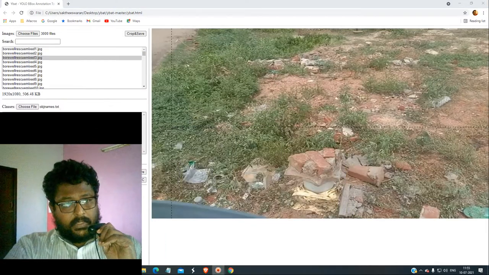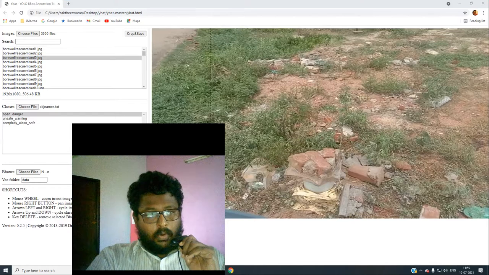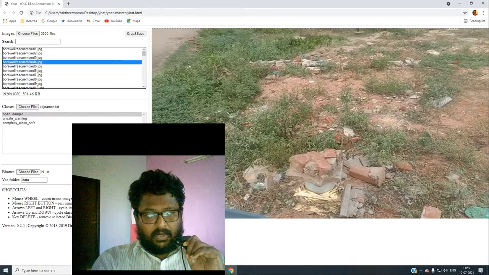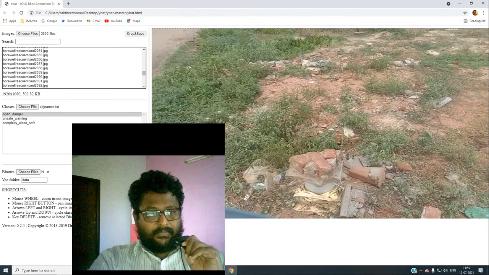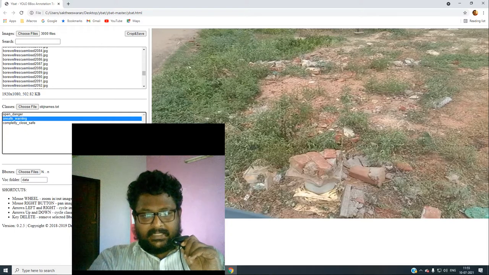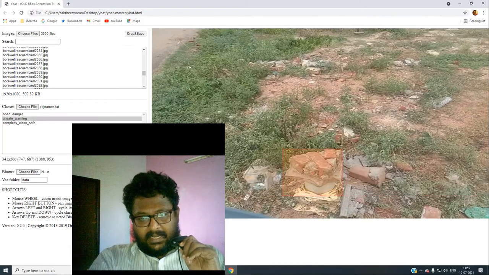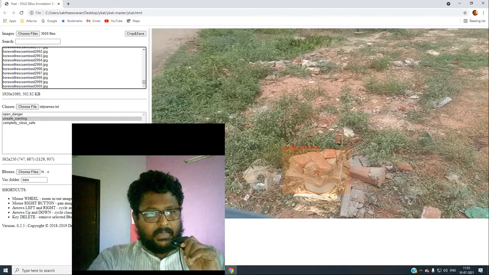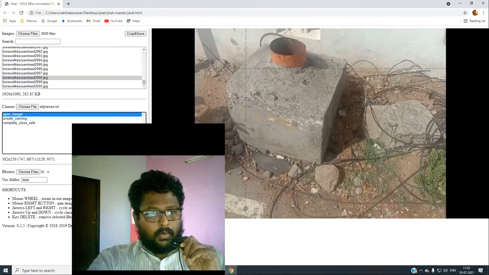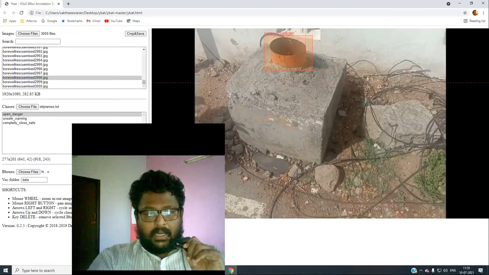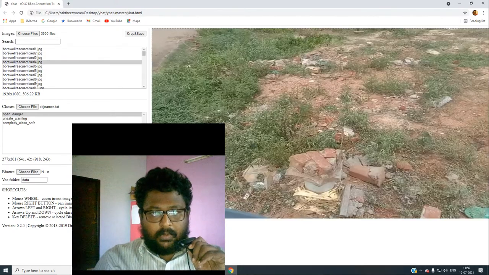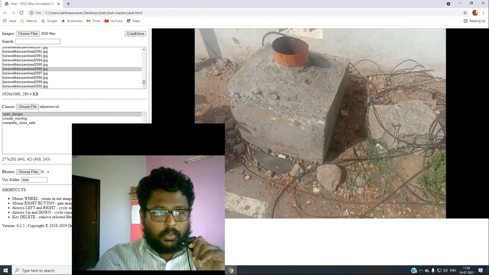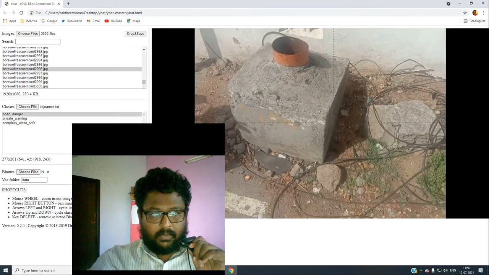So I am going to draw one label box. This is a borewell, in which children fall, and it is very dangerous. Here they have closed the borewell, unsafe, so I am naming it as unsafe. You have to draw it in such a manner that it covers only that part. If you have something else, like an open one, you have to go for open danger. You can use the arrow buttons to move through the images, and the up and down buttons to move through the classes. This is how you do it.